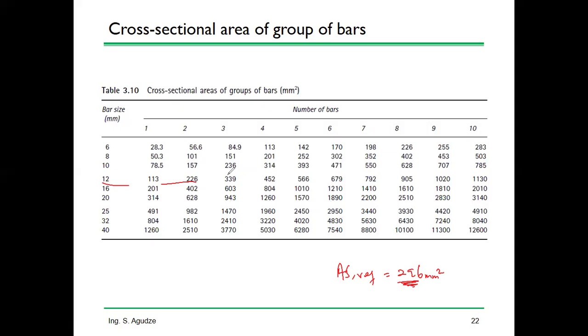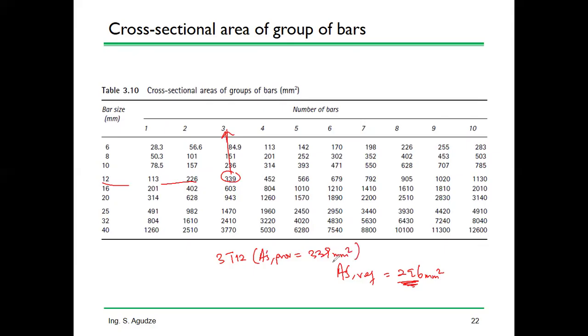That will be 339. Look at the top. What do you see at the top? 3, which means 3T12. Is that okay? Then you write the AS prime provided is the actual area here, which is 339 mm